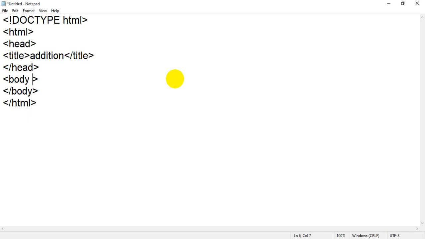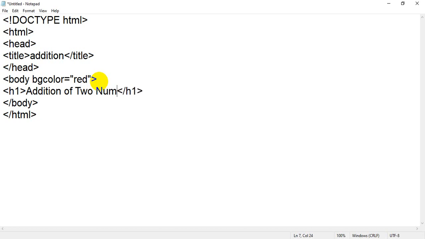Then I am going to assign an attribute like bgcolor equals red. Then I will take one more tag, that is h1 and closing h1, in which I will write my question, that is addition of two numbers. Okay, so let me save the file.